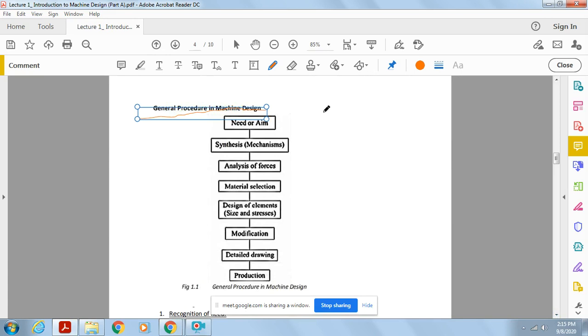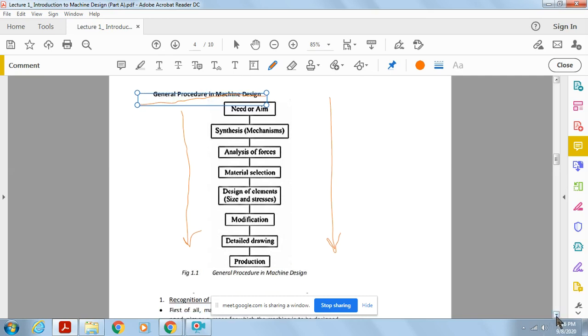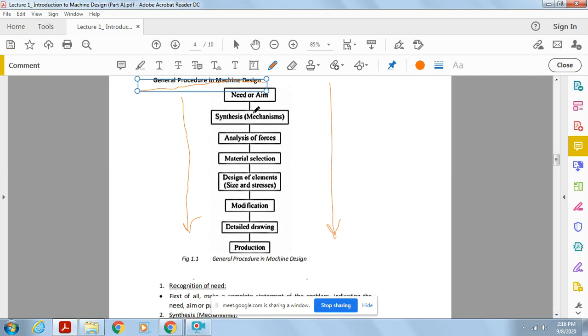That means a company like X, which follows its own aspect of design, of course has to follow these design methodologies one by one as per this criteria. Also Mr. Y, who is a designer in another company, has to follow the same criteria, the same designing path or chain that is given in this manner. This chain starts with the concept of need or aim.